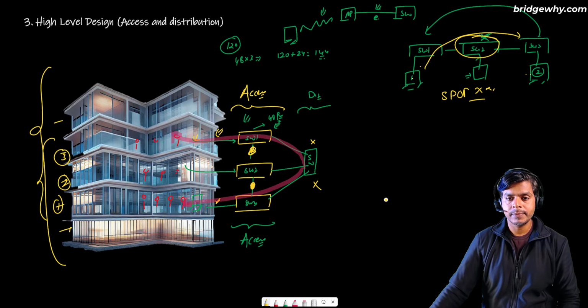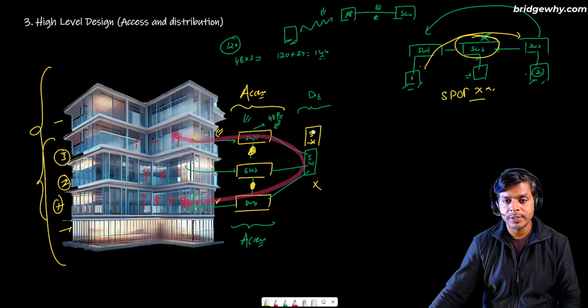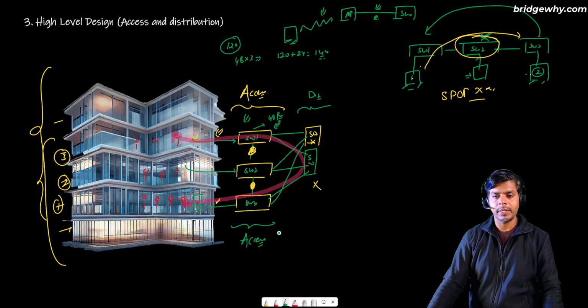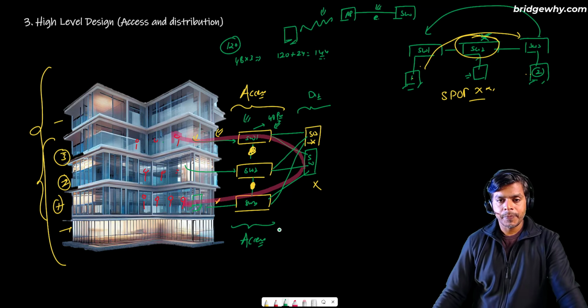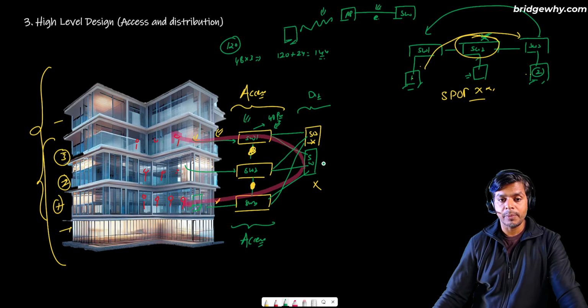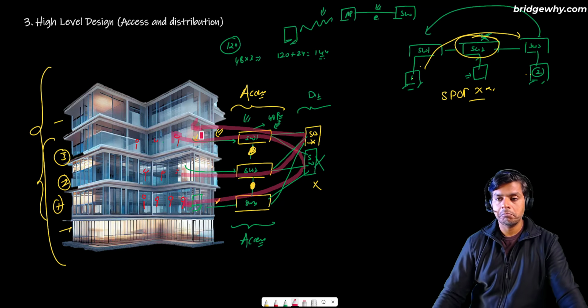If that is the case, Anjali said that I am going to include one more switch, and I will be connecting every switch to these two switches. For example, this switch will go here and one more connection goes here. Interesting, right? Now we are talking. Now if one of the switches goes down, we can still communicate. For example, if this switch goes down and somebody wants to go from floor number 2 to 3, it will go to here, then here, then here. As simple as that,